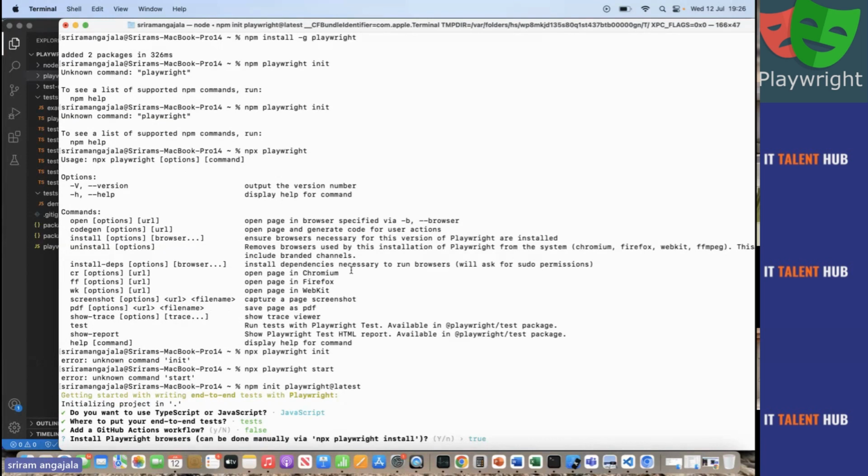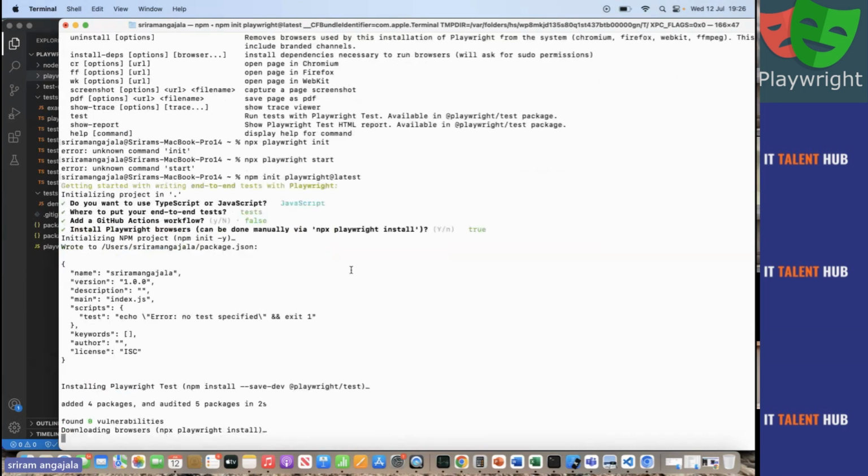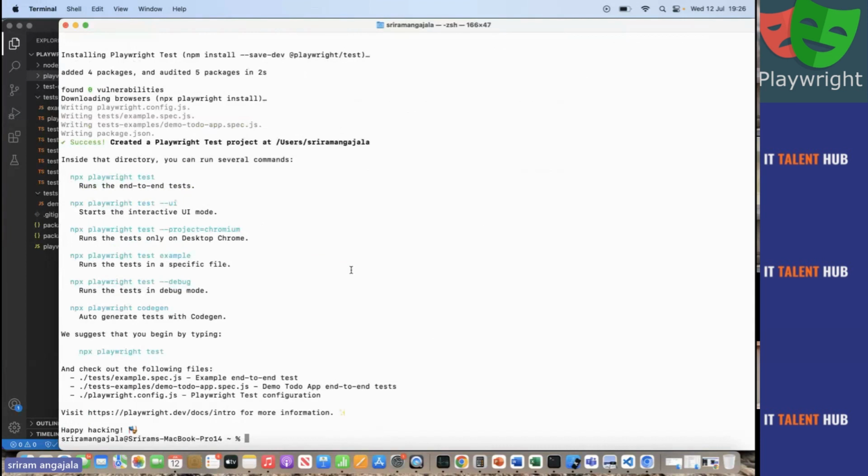Now the other thing is browsers, because as I said, it uses a set of browsers which we have to either install now or later. So I'm just saying install it now. So now here, see here, within a few seconds, you can see the project is already set up, and it is also saying what you can do. You can run the test or you can run through UI, and whatever, it is actually giving the options. So within the last 2 minutes, I was able to create a framework.